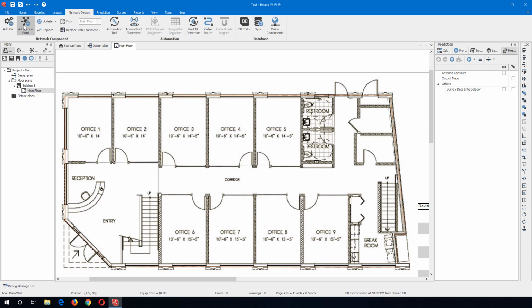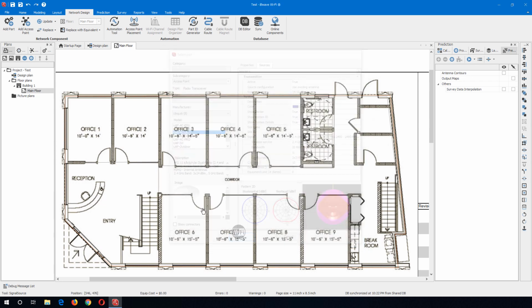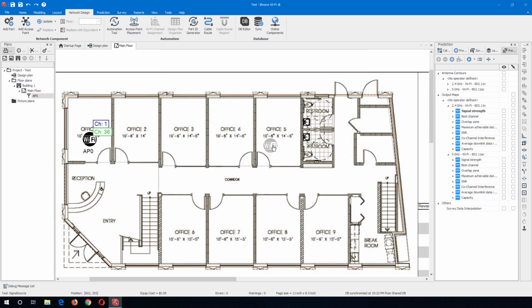So if we go to our network design, we can click Add Access Point. And iBwave has an extensive database of various different vendors and access points that are available. So just for our example here, let's go ahead and choose a different AP. We'll go with the Ubiquiti AP, and let's go with an AC AP. So we'll select this AP and click OK. And let's go ahead and place maybe 3 of them on the map and see what kind of results we